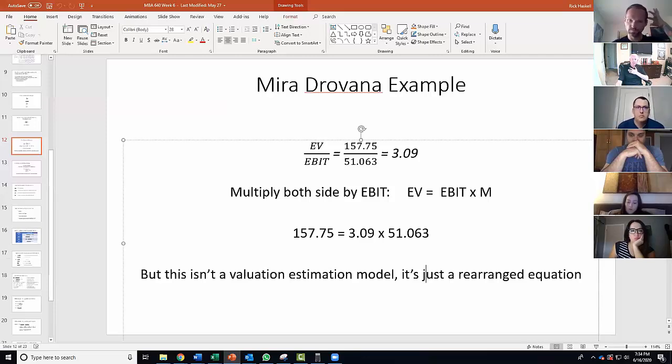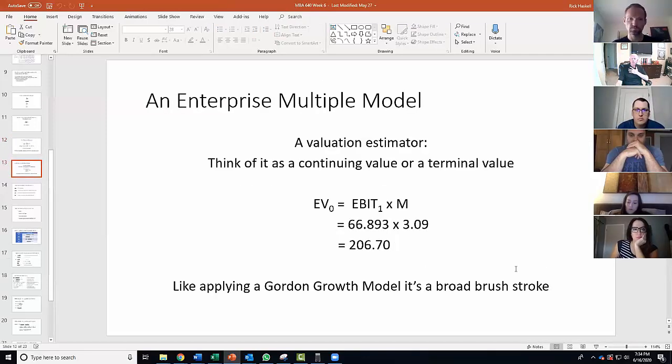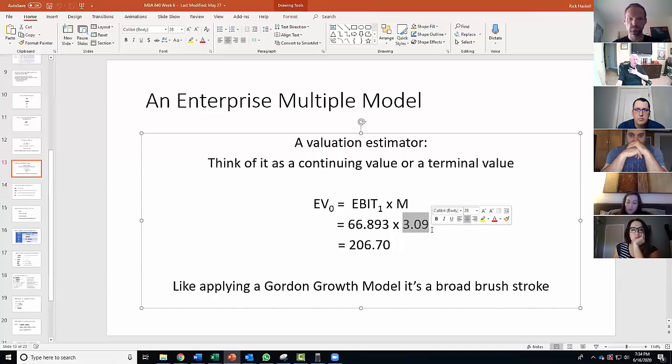Fair enough. Now I want to use that for a future period. So if I've identified that the multiple should be 3.09, and by the way, I observed this for the company, right? I saw that in the base year, that multiple, the enterprise value divided by the EBIT, was 3.09. So it's observable, it's historic, it's got to have some level of credibility. I may like it, I may not like it, I may want to change it, but it's got some level of credibility. We saw it with our own accounting eyes.